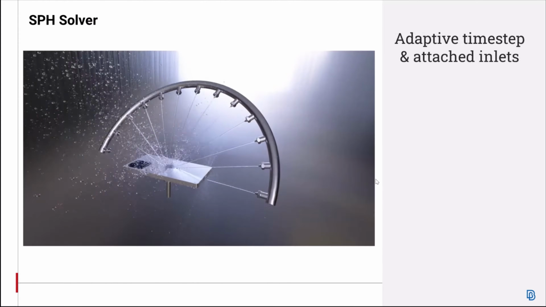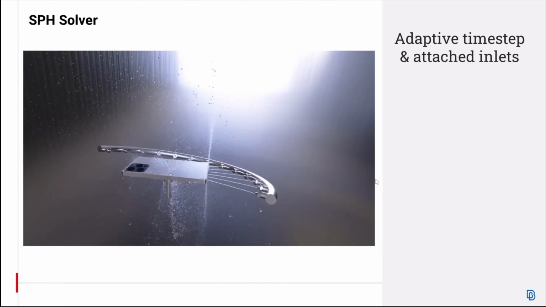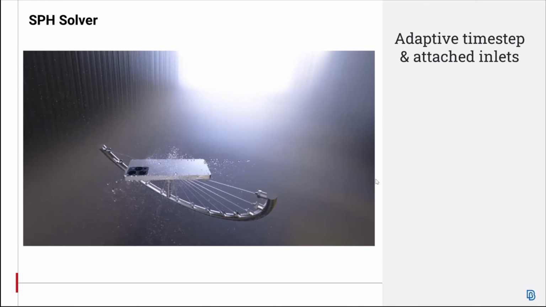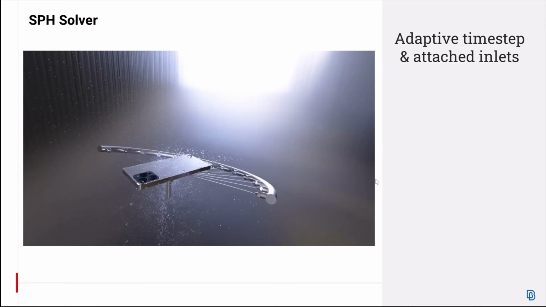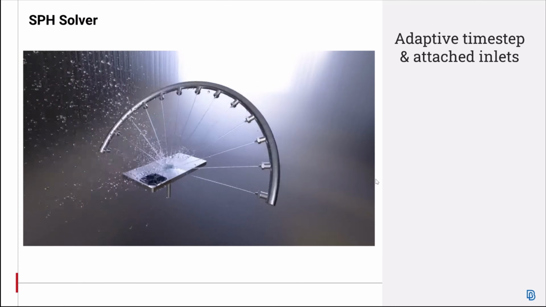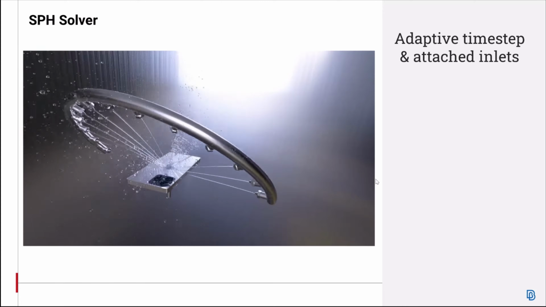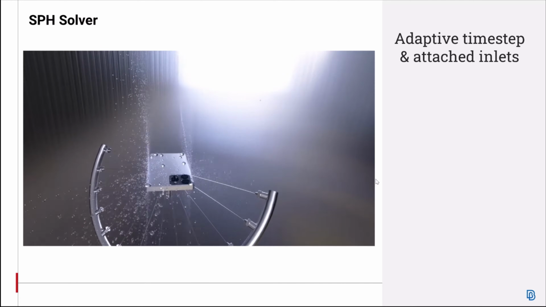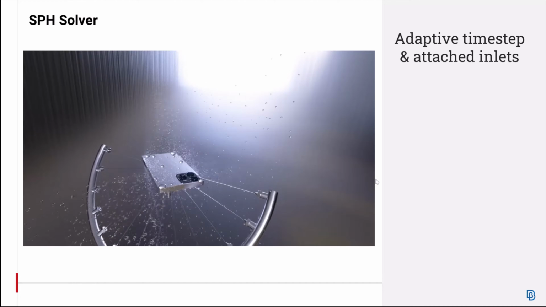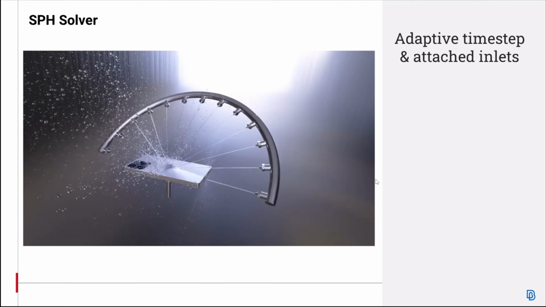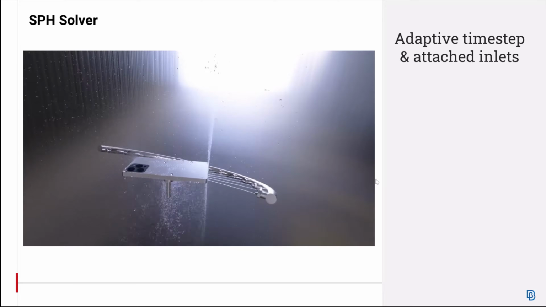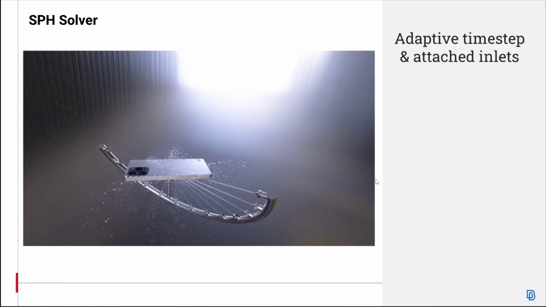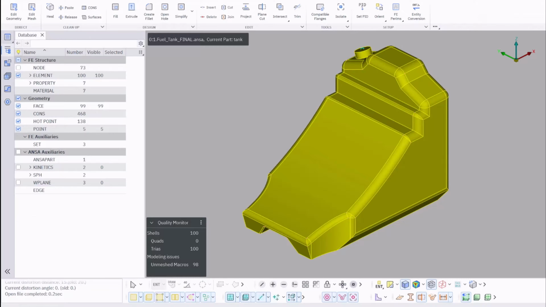Given the challenges users face in manually setting the appropriate time step in SPH Solver, we have implemented an automated adjustment feature. This feature automatically defines the time step based on the velocity of the particles and bodies. Additionally, we have introduced the capability to attach an inlet source to a rigid body, thereby simplifying the definition of the inlet's path. Let us see this implementation in ANSA.